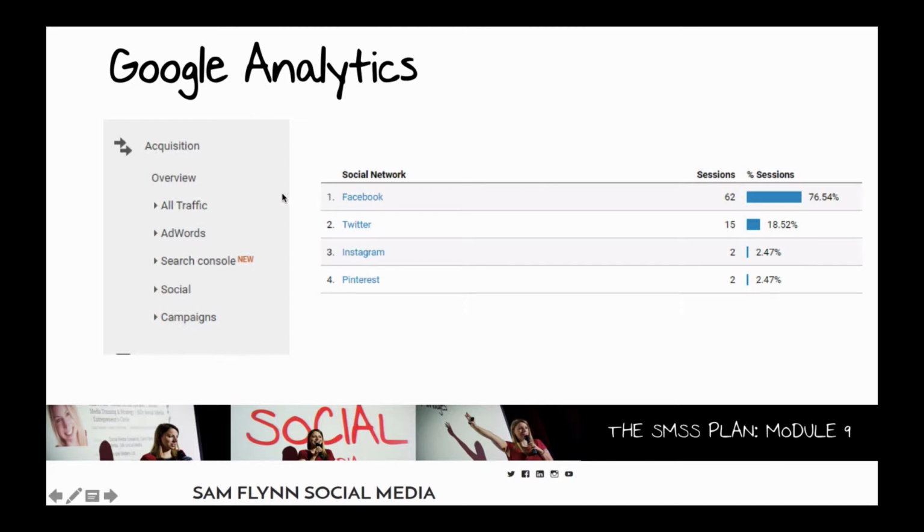On the side panel here, there is a tab called Acquisition, and one of the options there is Social. So you can see where people have come from social media to your website. You can then also click through those. So I could click on Facebook there and I could see which pages they went to and get even deeper